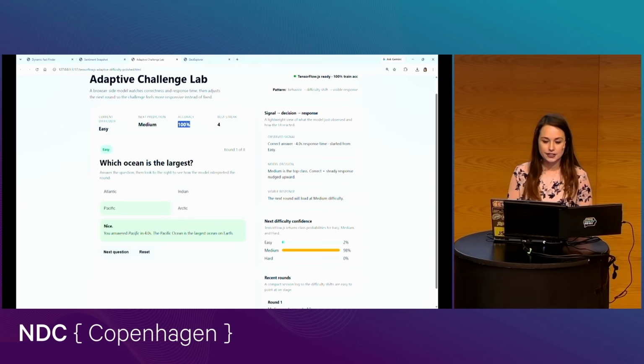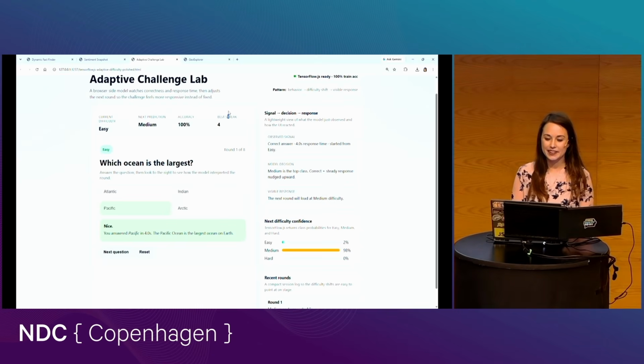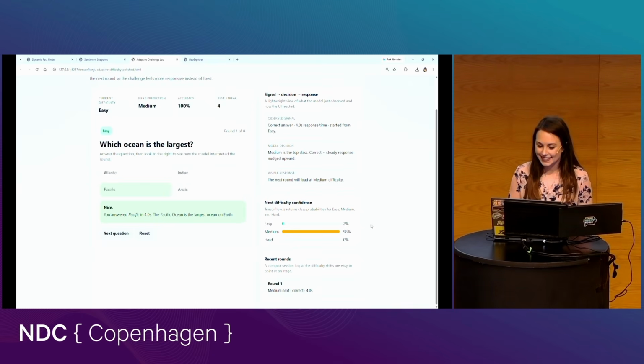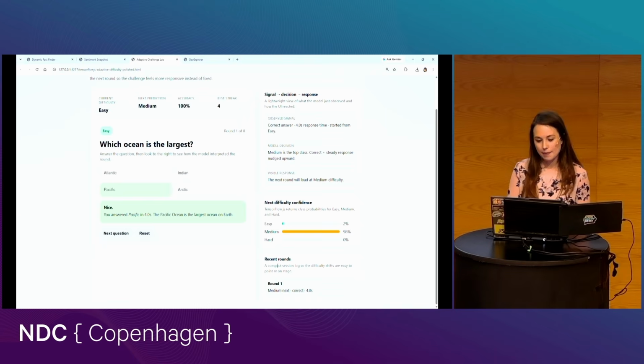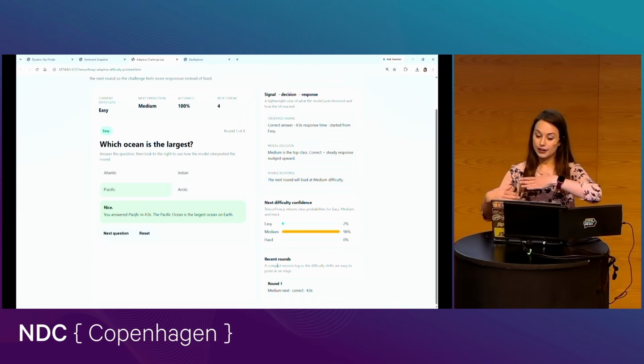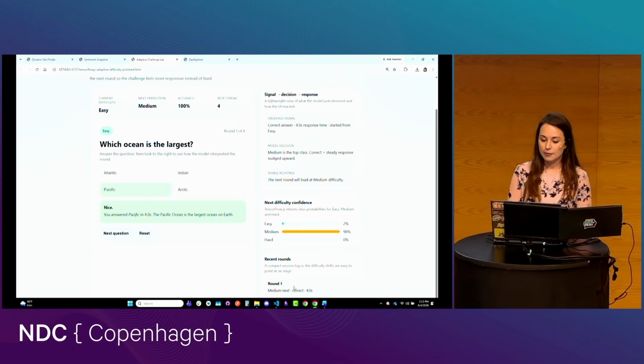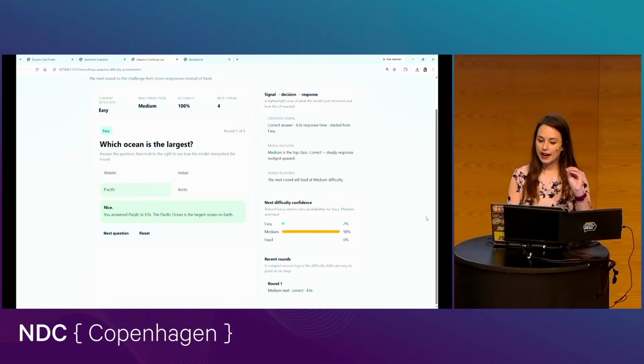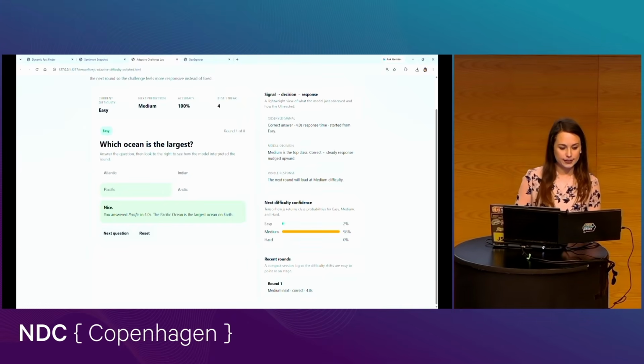We're 100% accurate so far. I did forget to completely clear out the previous tests, so technically my best streak from testing the application was 4. And down here we get a compact session log of all of our results, so we can see everything happening as we continue to answer these questions.